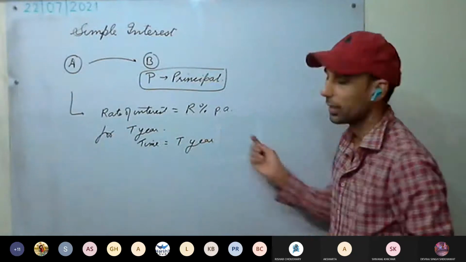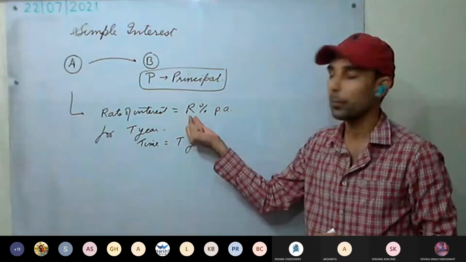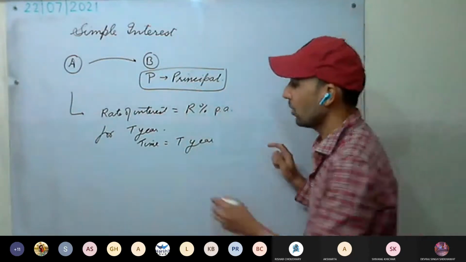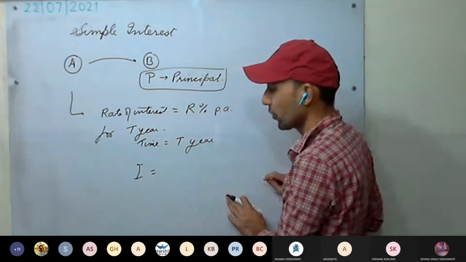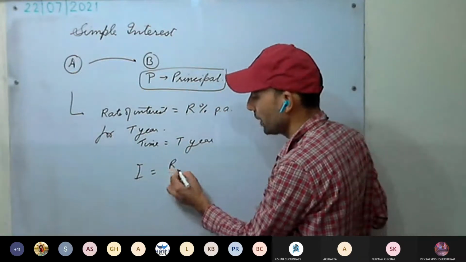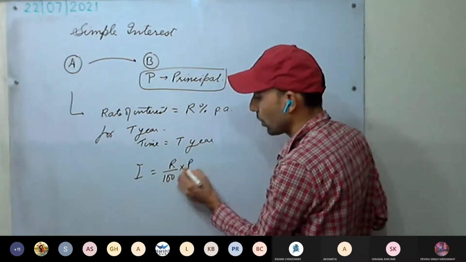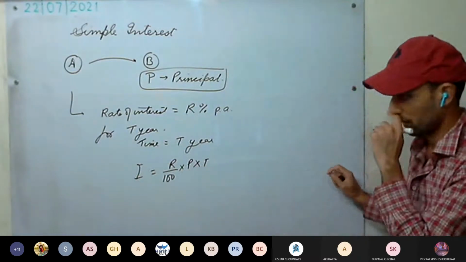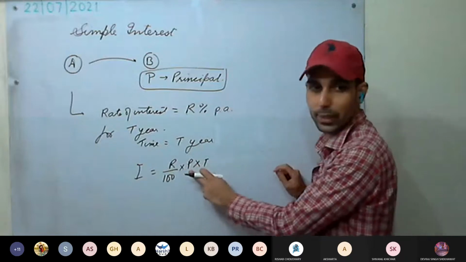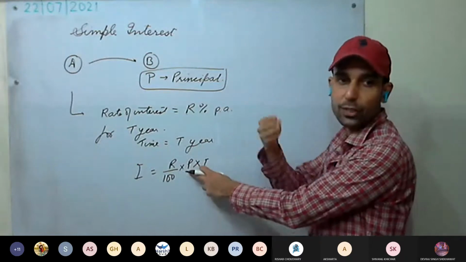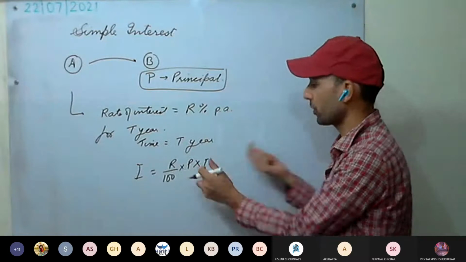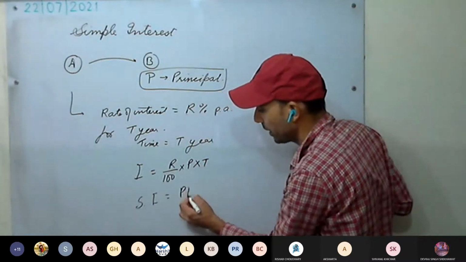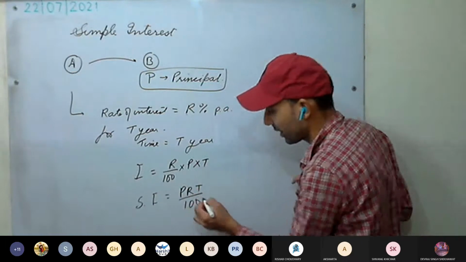Rate is R% per annum. You will always say per annum. That is for 1 year, how much is being charged? 5% of the principal or 10% of the principal, like that. Now, what will be the interest? Interest for 1 year we have studied R% of P, R by 100 into P. If for T years, into T. Understood this one? R% of P is for 1 year. And if it is for T years, that is 4 years, 5 years, we multiply that number of years. So we can say simple interest equal to PRT upon 100.